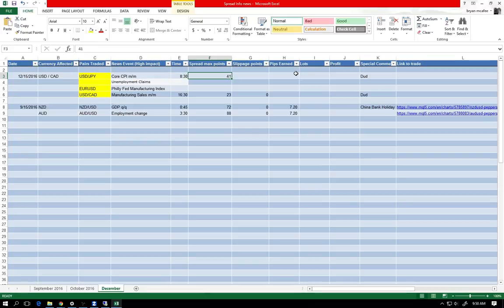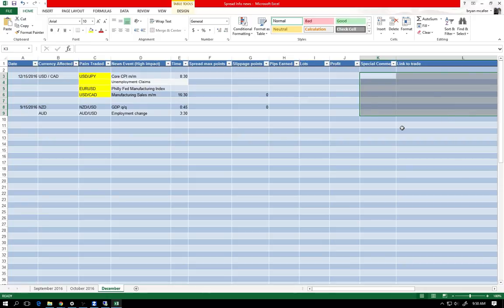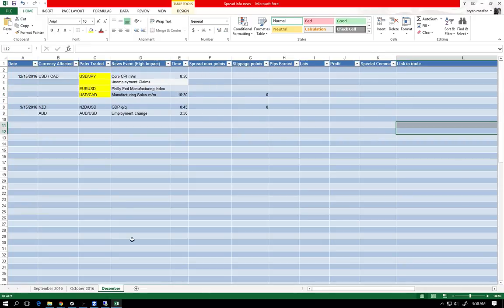0.830. My God, I don't know how to type. And we can get rid of this because we don't know this information yet. We can get rid of this because we don't know it yet either. So now we're set up and ready to go for after the trade. So we go to our handy dandy